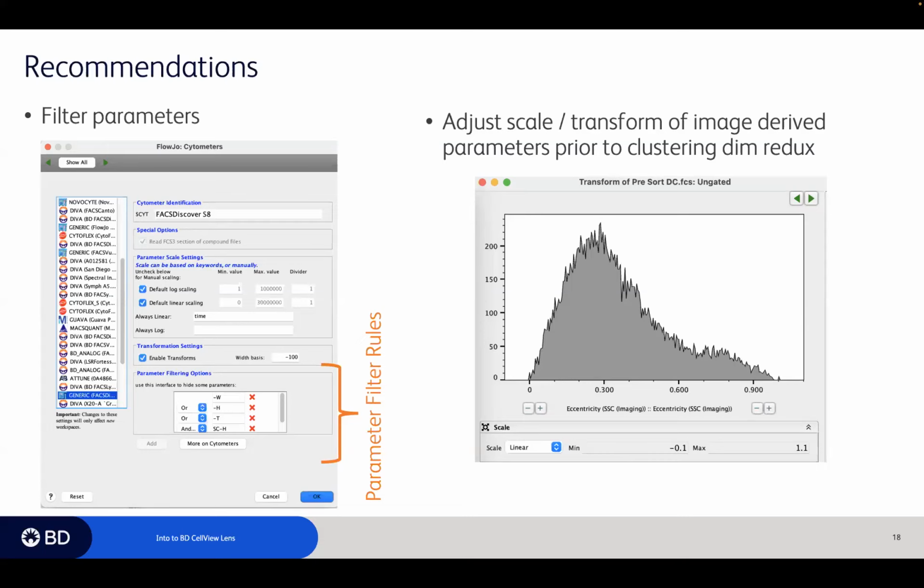Okay, some recommendations. In FlowJo, we will identify what cytometer any data came from using the $CYT or cytometer keyword. If you go to the preferences and cytometers, you can see all the cytometers that you've added data into your workspace at any point in the past, or any workspace, I should say. If you pick the cytometer that you're interested in looking at,